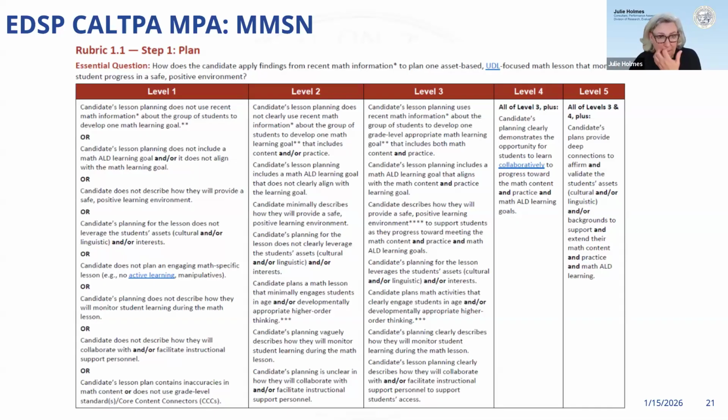Well, something to think about, and we'd love to hear from you because we want so much feedback on this. As Marissa mentioned, we're sending out a survey. I believe it goes out this Friday, and we want to hear from TPA coordinators, program faculty, mentor teachers, anyone who's interacted with any of the version 1 assessments this year. We want your feedback on each one of the steps. And so there is room for text where you can go into depth and tell us more about things that are working or not working, and things that you've noticed with the new versions.